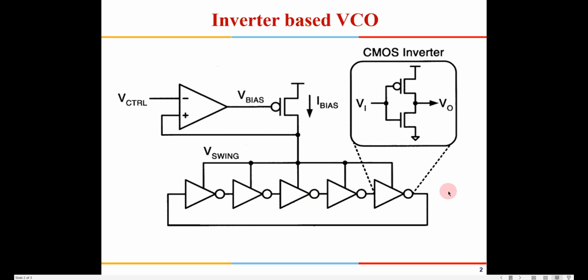Now the second aspect of this is that it is known as a voltage controlled oscillator. That means if I have an input control voltage, based on the magnitude of the input voltage given, I should have a different frequency. Now to change this frequency, what if I change the current carrying capacity of this inverter somehow? Suppose I decrease the max current which is given by each of these inverters, what happens to the frequency?